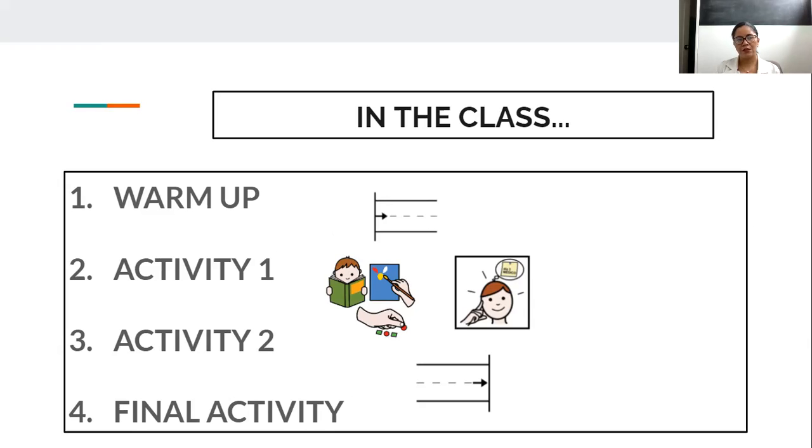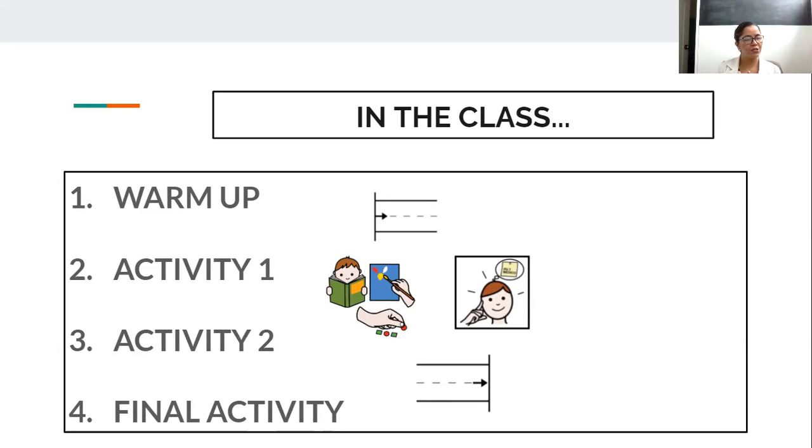We start with a warm-up, then we have a presentation, then practice and production. Why do we use this one? Because of the experience we have had, and again, with the research studies that we have been conducting, we have realized that the 3Ps method is a very structured method. Okay, for some people it's very conventional, but for us, it has actually been a really useful method because students know exactly what is happening next.